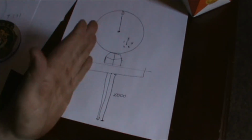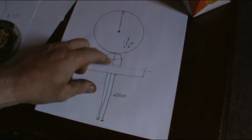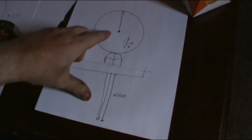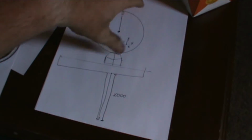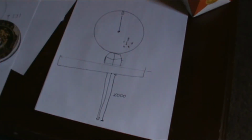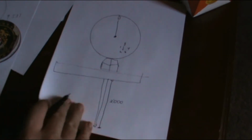Okay, to get this lined up, you're going to have to use this jam nut. Once you get this one lined up, tighten that jam nut down, and then you can fine tune this one by, there's a little screw you would loosen up and adjust the dial. Alright, so what you're going to do finally